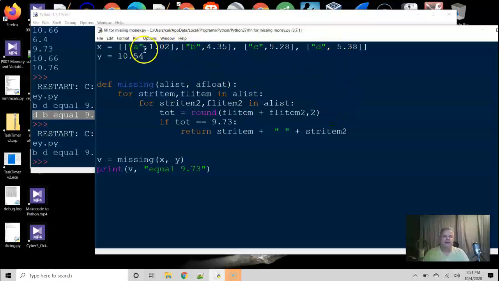One person can't give money twice. So the first combination we need to check is not AA, but AB. We can make it start our list at index position 1 like that. So now it's going to check AB, AC, AD, then it's going to check